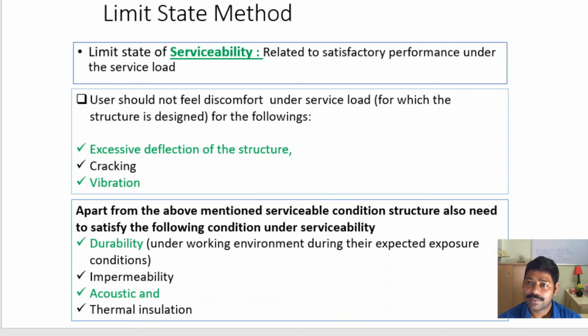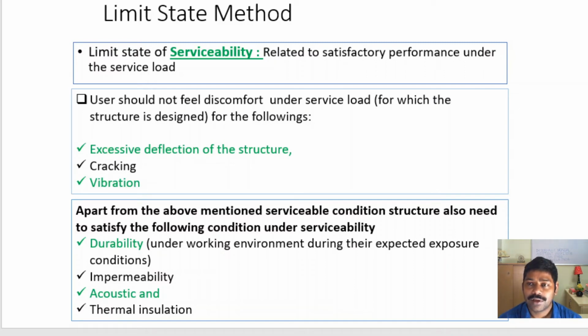Acoustics: whenever you are designing a classroom, you will find many classrooms are not acoustically good. There will be some echo, and in that case your voice will not be audible for the students. So you should take proper care for acoustics also. Thermal insulation should be there, and in case of durability, you should take care of the exposure conditions. In which environment you are constructing the structure, you should take care of the durability part while designing